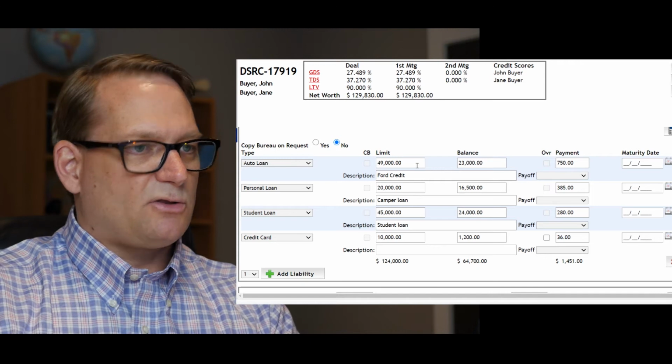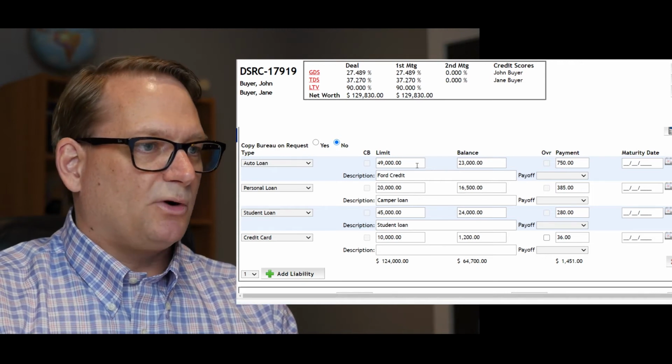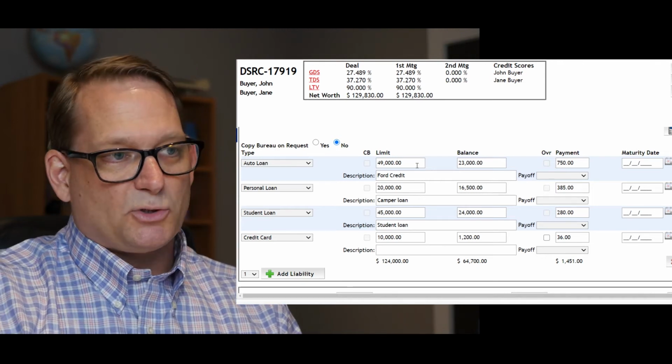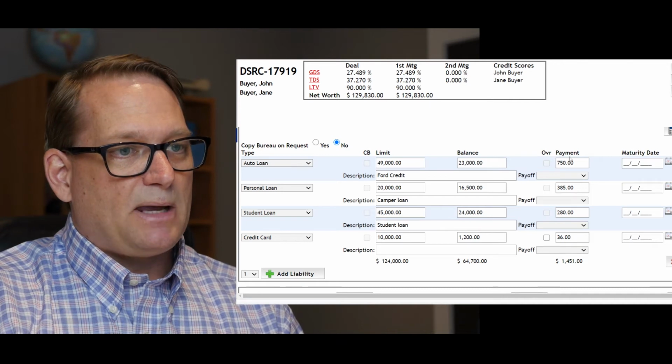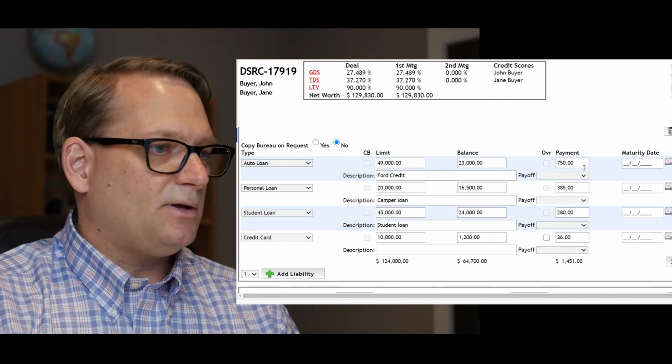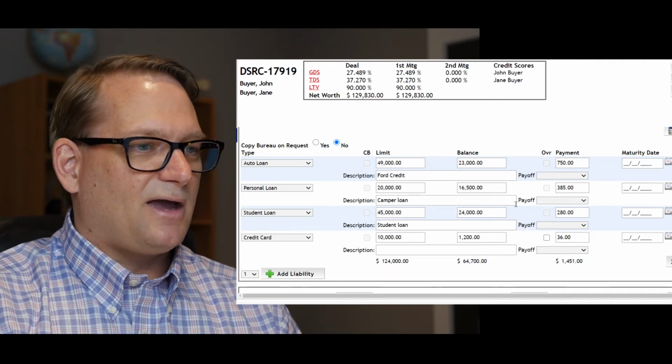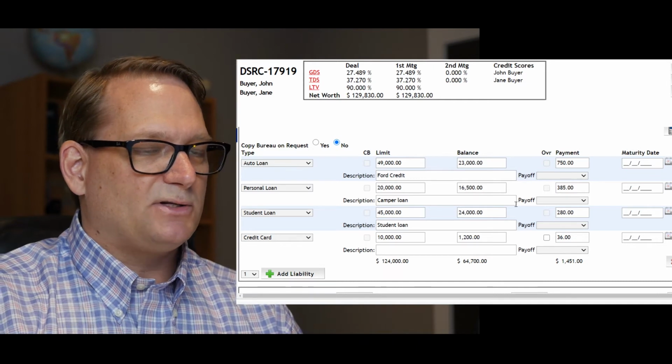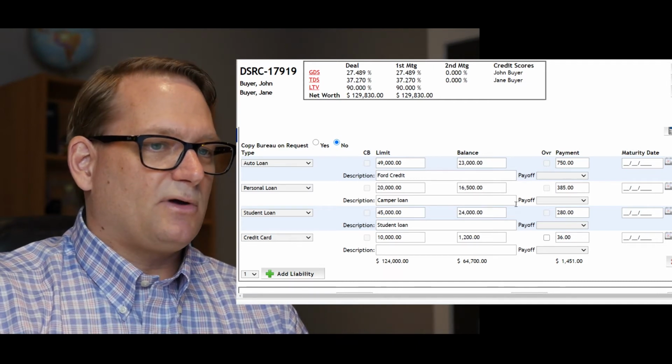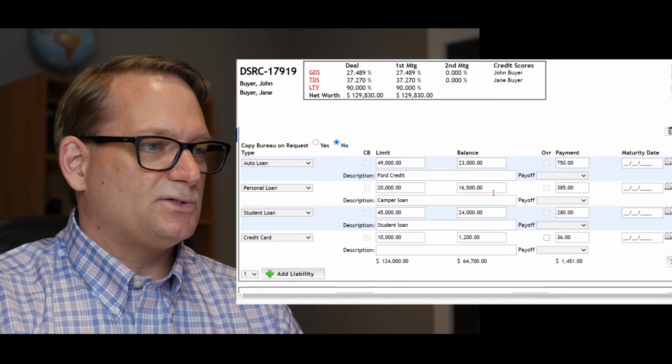They probably had another vehicle to trade off, so it's probably worth a lot more than that. So they owe about $23,000 on that truck. Payments are about $750 a month. The camper loans can be stretched over a big long period of time, like 15 years. So they've got a small payment on the camper, about $16,000 over there.